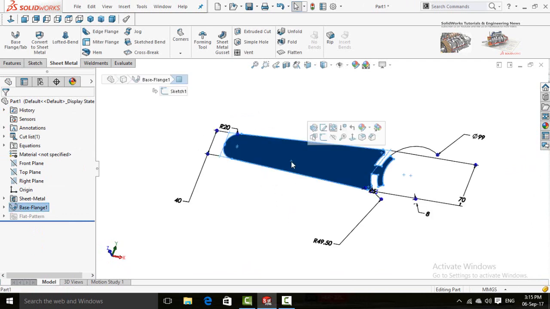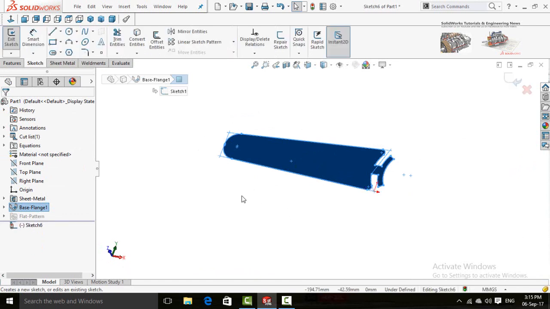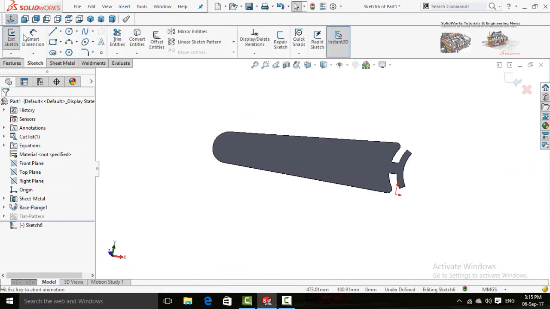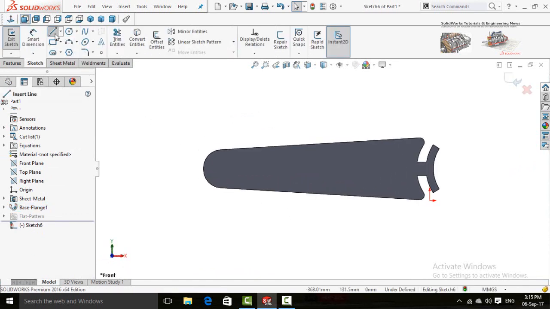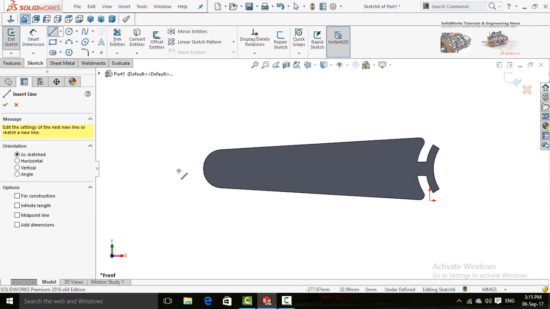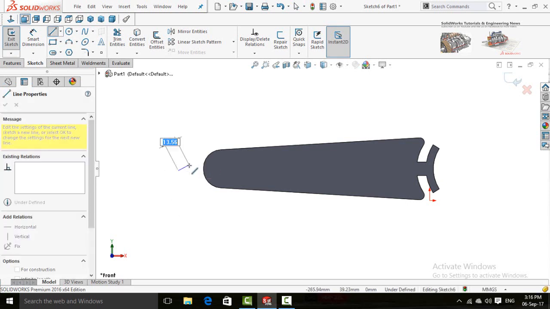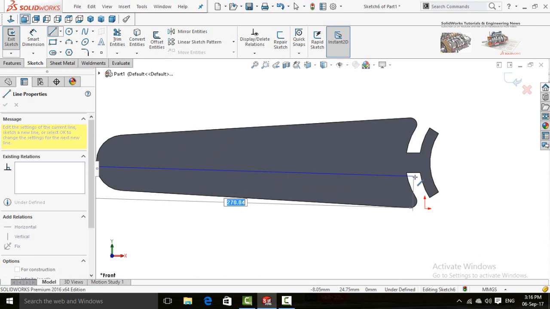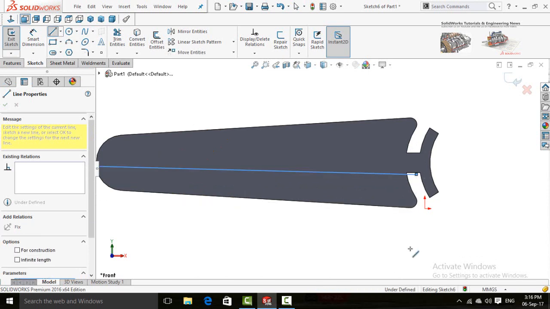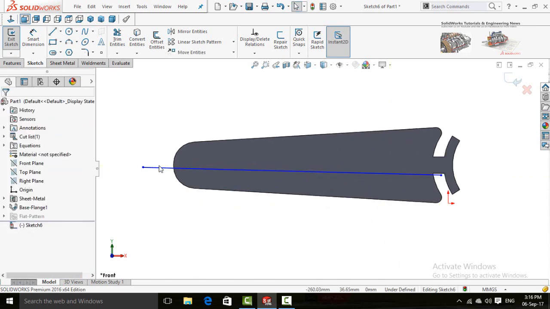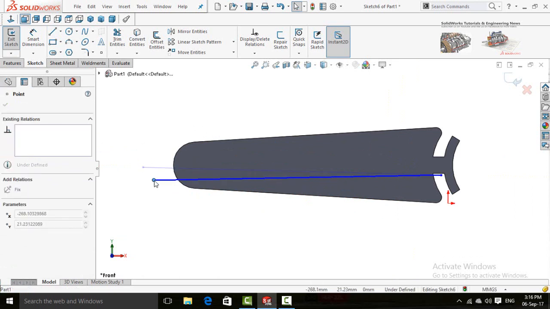For that, click on this face and sketch. Make normal to and draw a line. Start it from somewhere from here to this point. Now readjust it.